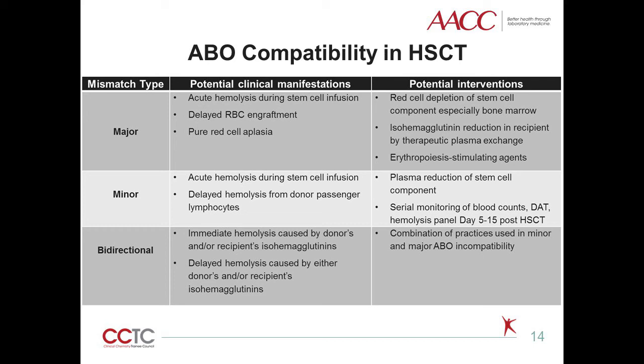The clinical manifestations of bidirectional ABO incompatibility include the potential for immediate and delayed hemolysis similar to that caused by major and minor incompatibility. Clinical approaches to lessen the complications of bidirectional incompatibility include a combination of practices for both major and minor incompatibility. Please bear in mind that the HSC product manipulation strategies do incur the risk of HSC loss and delay in HSC infusion,